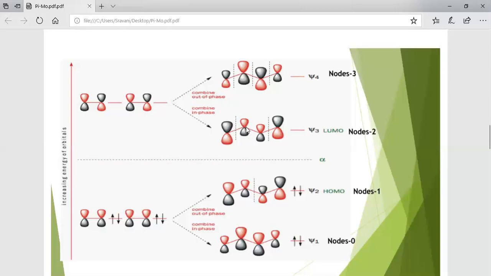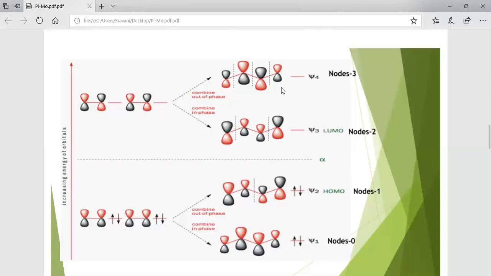Here, in this case, these two are showing bonding interactions. Next, moving on to C3 and C4, again due to the passage of the node, these two orbitals are going to show anti-bonding interaction. So in the case of the Xi3 energy level, in total we are going to observe one bonding interaction, that is between C2 and C3, and anti-bonding interactions are two, that is between C1, C2 and